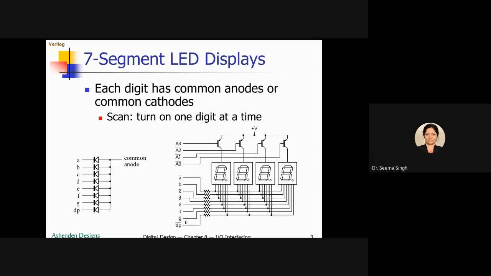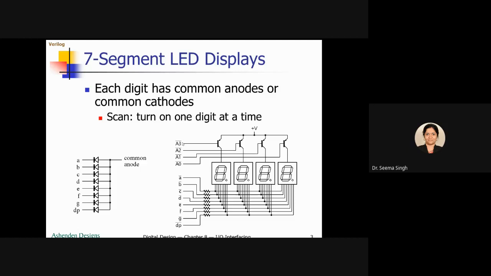Suppose I write 5 on this, and all these are made active low, all these LEDs will be activated through this transistor. Because we are using the same common eight inputs, which specific digit you need to display is enabled from A0 to A3 bar by pulling it low.